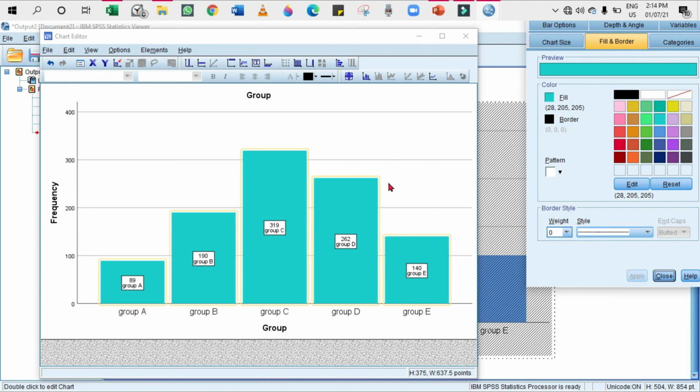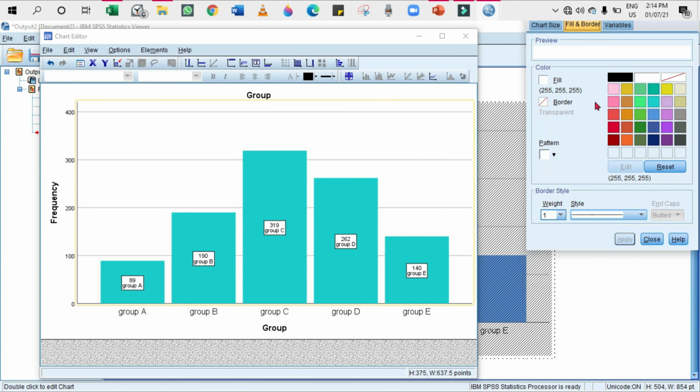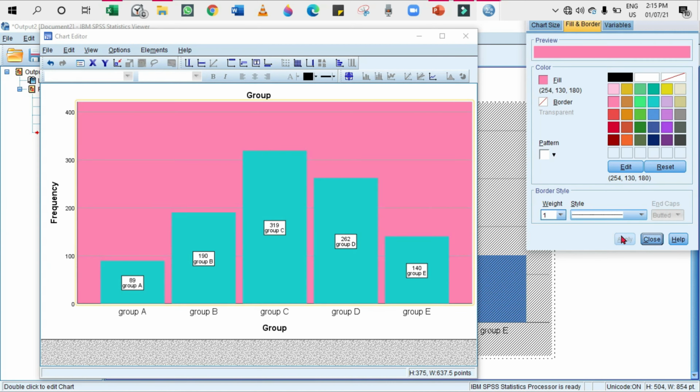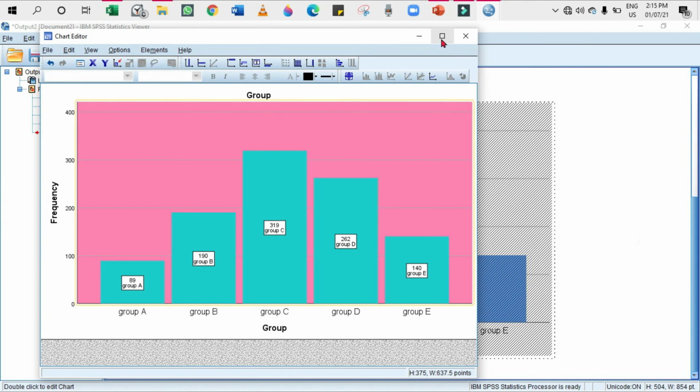Okay, I can also change the background color as well. If I click the background color, again the fill border comes, but here the fill represents the background fill. Okay, and again I'm going to touch over here, so the background of the chart changes. So it's like that, and that's all. We can change the borders, we can change the color of the background, we can change the color of the bars, and we can make changes over the chart. And this is how we put a vertical bar chart in SPSS.